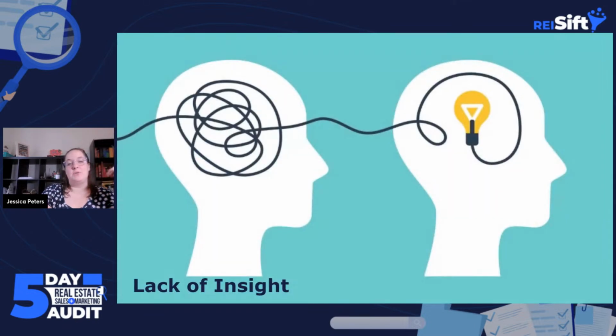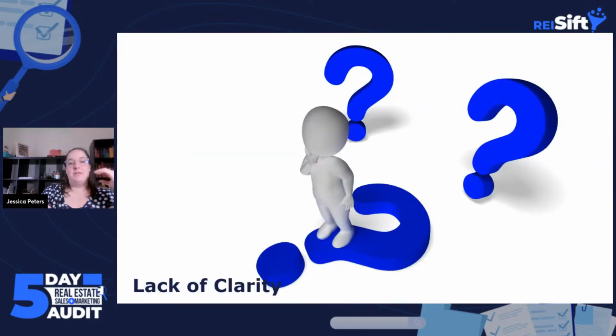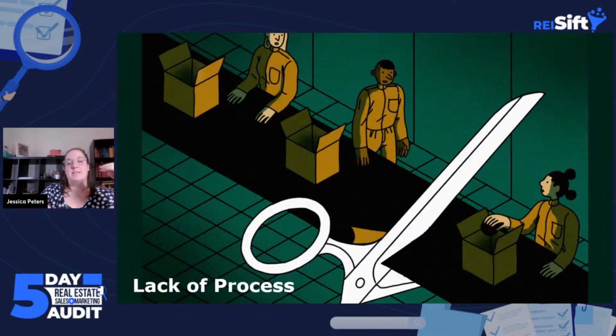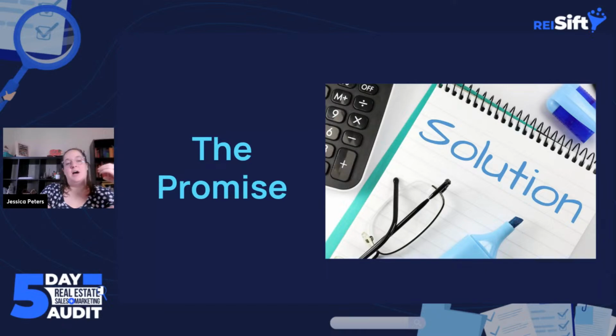It really comes down to the insight and the data to know what's been marketed to, what hasn't. Are you handling everything appropriately for their situation? Do you have the clarity to know what steps are next or what steps everything's been through? And having processes from the day you acquire new data, upload it into Sift, skip trace it. You know what marketing you want to do first, what steps you're going to take with the people that you haven't reached yet. We talked about lead management yesterday. So if they do become a lead, you have an appropriate way to handle each lead for their situation. And then all of that is going to get tied together when we talk about operations.